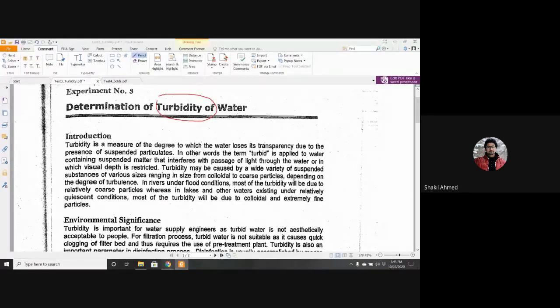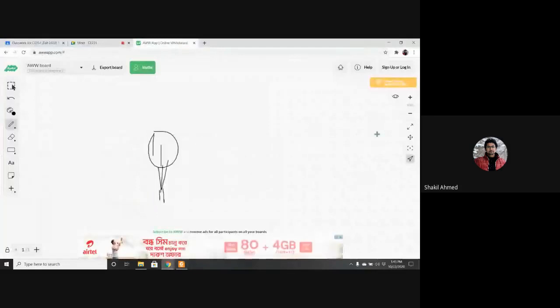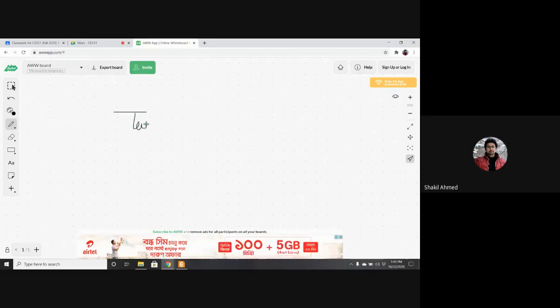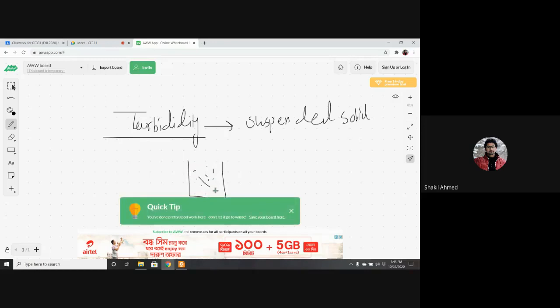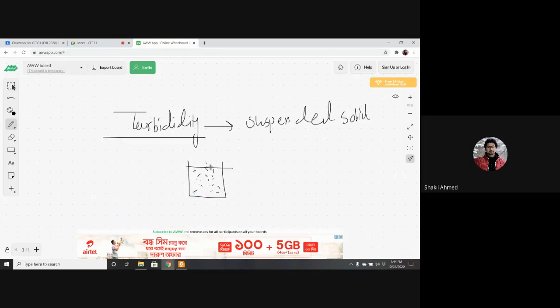So we already discussed in our class what is turbidity. Turbidity is mainly caused by what? Suspended solid matter, yes. So due to suspended solid, right? Suspended solid. That means if you have solid matter suspended in your water, then this is turbidity. Okay,